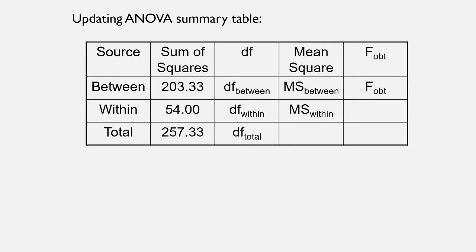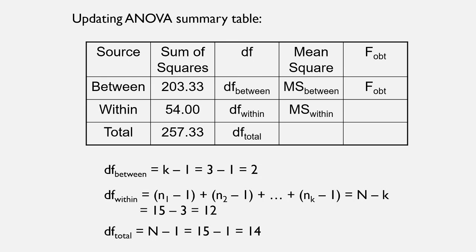Okay, you need your sum of squares between, within, and total. So then we just need to work our way from left to right across the table. So this is what your various degrees of freedom are for your between, within, and total. So degrees of freedom for your between groups is going to be k minus 1, or number of levels minus